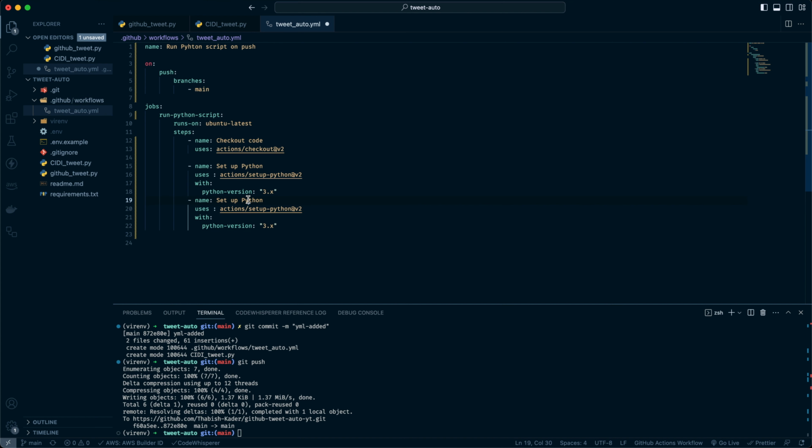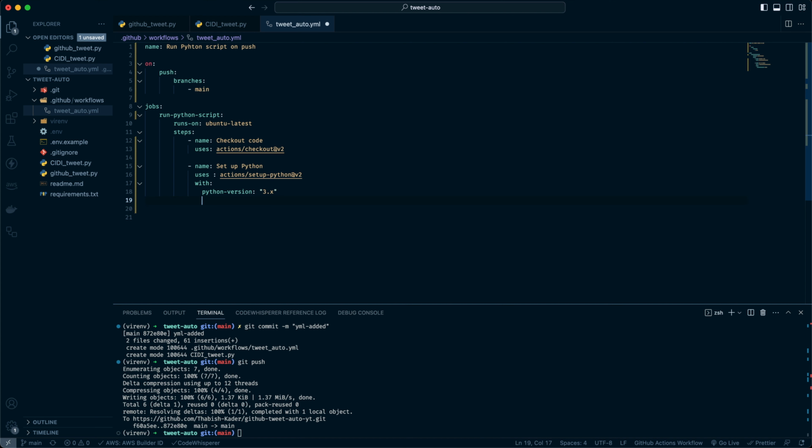Okay, so I'll call it setup node, and instead of setup-python@v2 it will be setup-node@v2, and again instead of python-version we'll say node-version. Let's just go for 14.x. So this will set up a node environment for us,